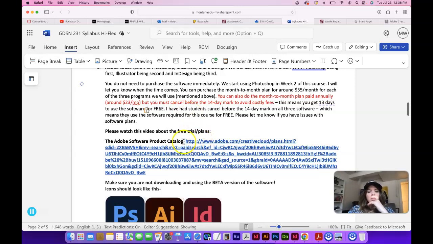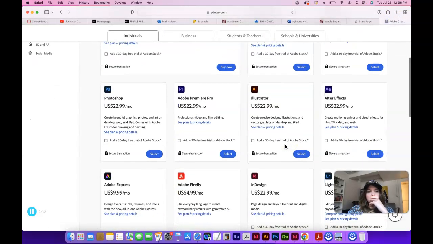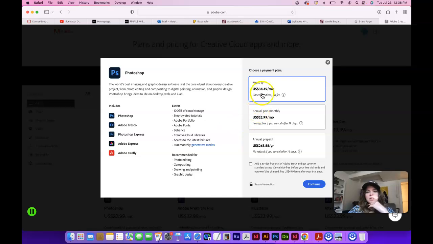So if you go to this little link here, or it's actually kind of a big link, it will take you to this page. I would suggest you follow that, and this is where you can find your plans. But the Photoshop plan says $22 a month, which is a little bit misleading. If we go to See Plan and Pricing Details here, you can see the monthly is $35. Cancel anytime, no fee. You don't get any refunds for anything if you cancel before the end of the month. You can do the annual plan paid monthly for $22.99 a month. If you cancel before 14 days, you get your money back,